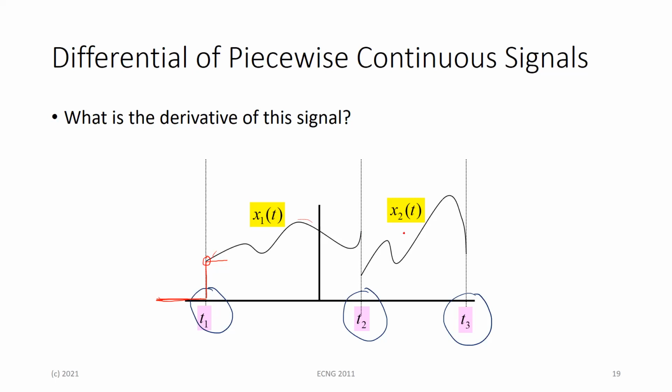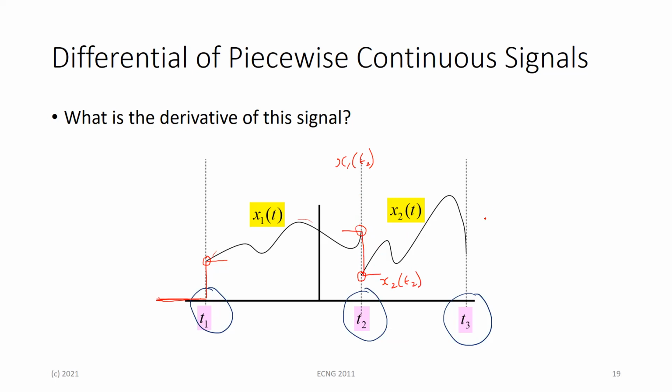At this point, we have a step change from this value here, which is what we had before. So this will be X1 at T2. And then here is going to X2 at T2. So there's a step change here,